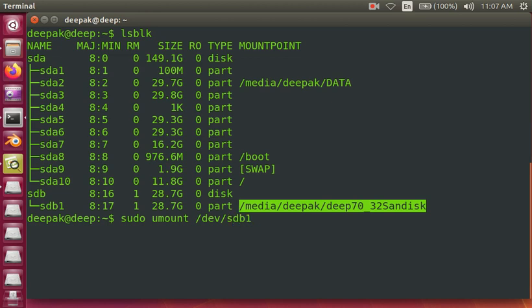sdb1. Remember that if you don't know which device you have attached on which hardware port, you can check the various device ports available, and you can use lsblk so that you can understand whether it is sdb1, sdb2 or whatever it is, as we can have multiple USB ports. Let me unmount it. So it is asking me for the password. Yes, it is unmounted.